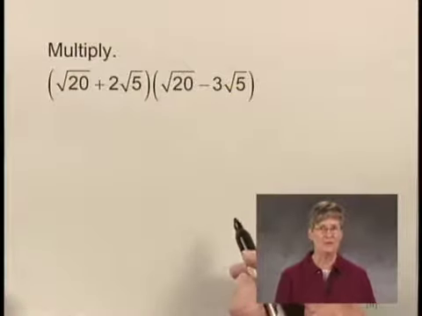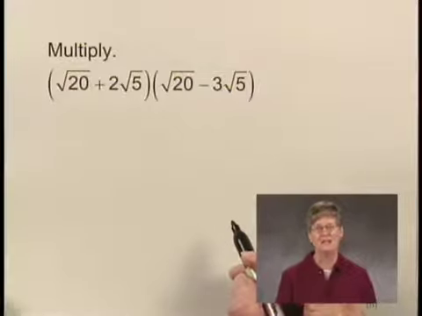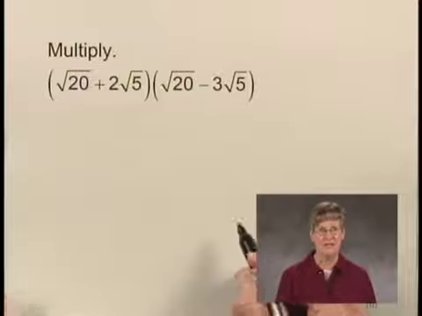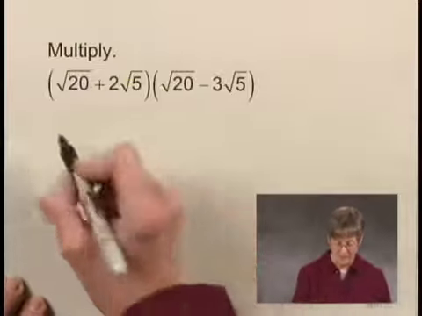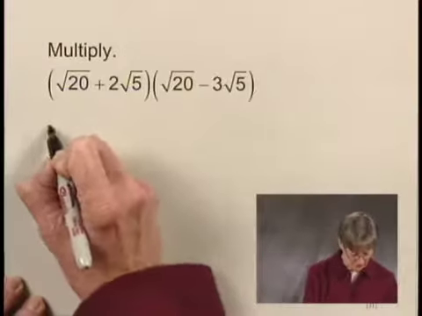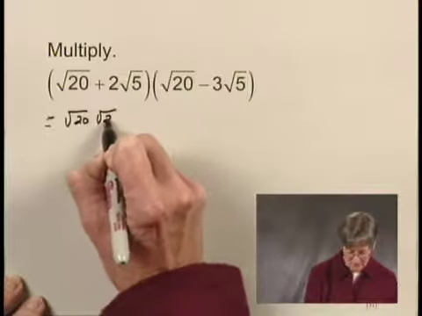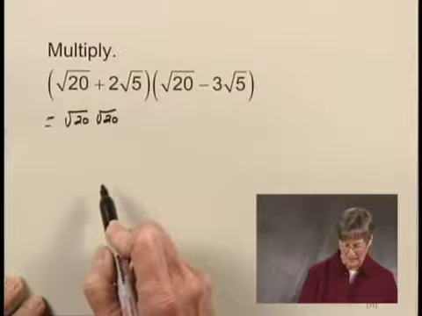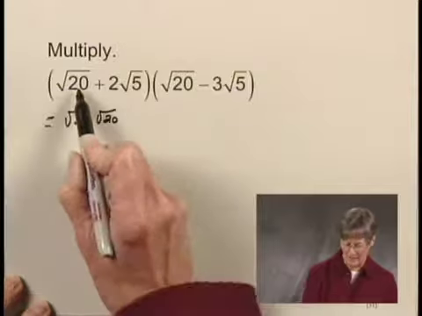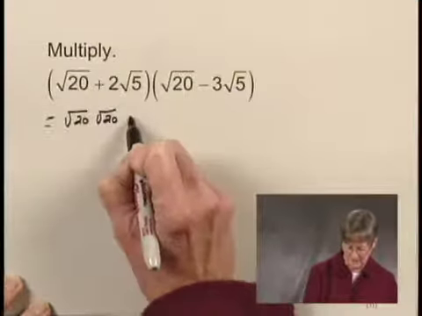We'll multiply the first two terms, then the two outside terms, the two inside terms, and finally the last two terms, and then we'll collect like terms if we can. So when we multiply the first two terms, we get the square root of 20 times the square root of 20, these two terms. Now we'll multiply the two outside terms, the square root of 20